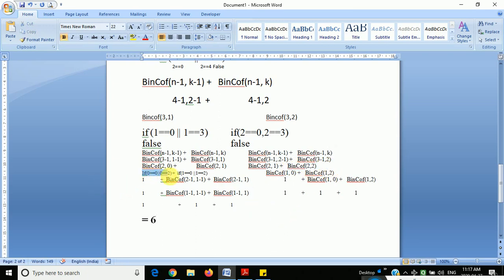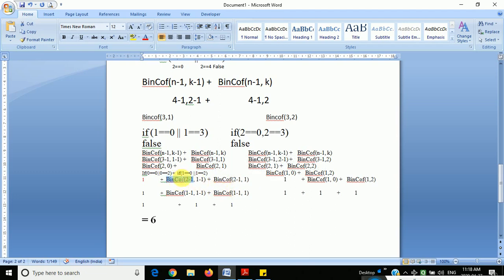After that it will check the same condition as the previous one, and here the k value is 0. 0 equal to 0 is true. It is an or condition. If it were an and, it would become false, but here if one condition is true, then it will return 1. I have written 1 here. If the condition is false, again it will execute the two functions.